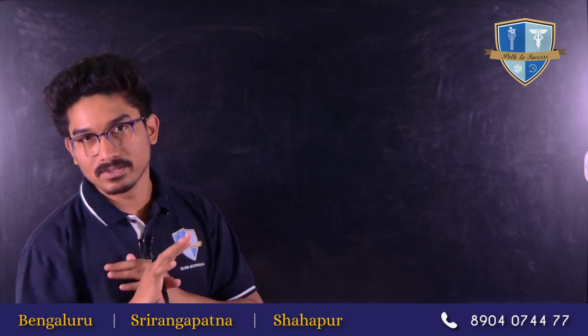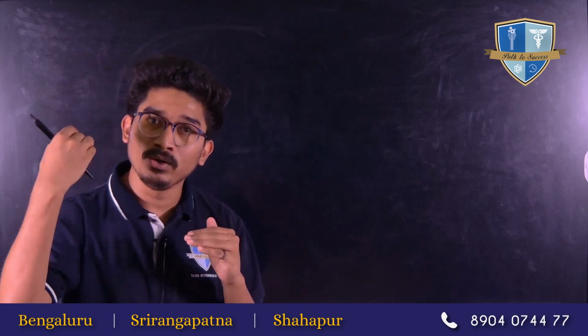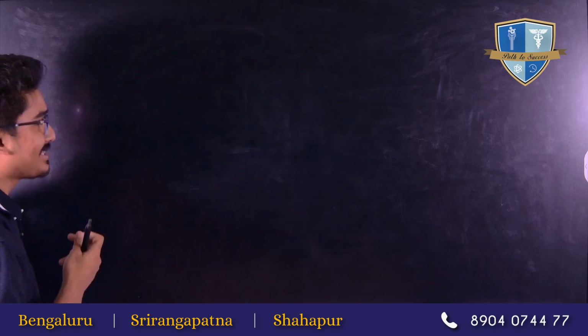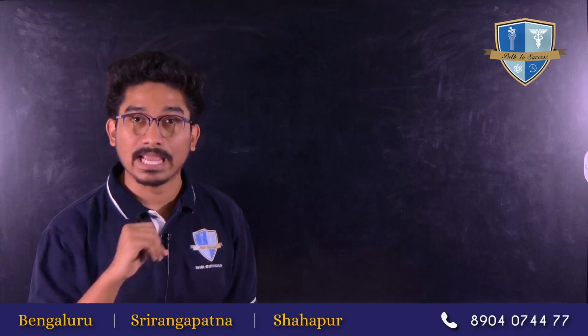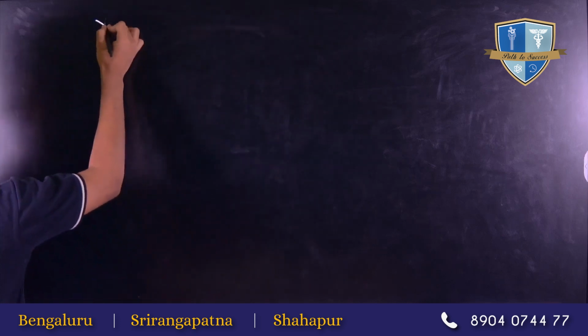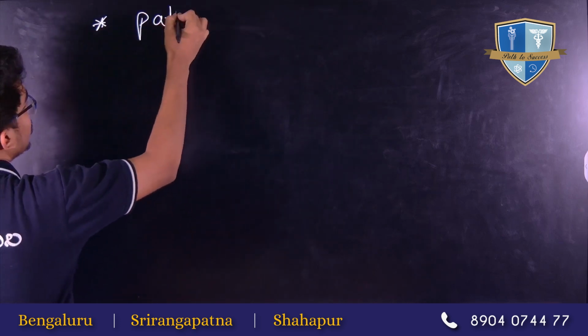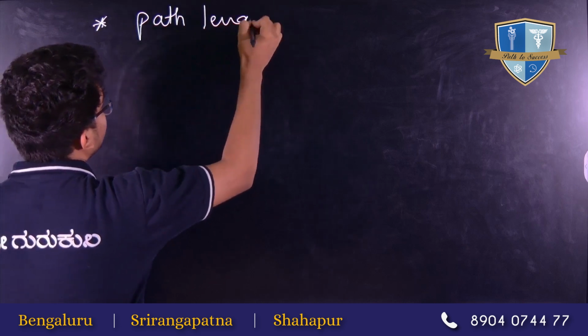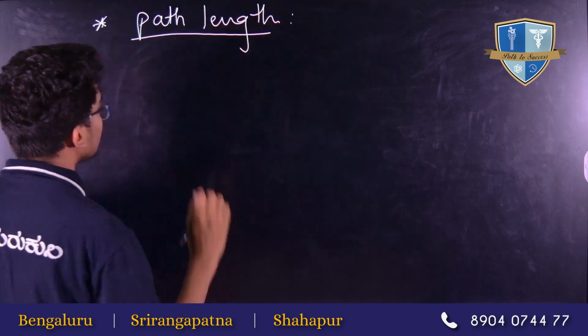But competitive is not like that. They will try to create new types of questions. So there is one concept on which they have never asked a question, but they can ask a question. What is the concept? The path length. Path length means